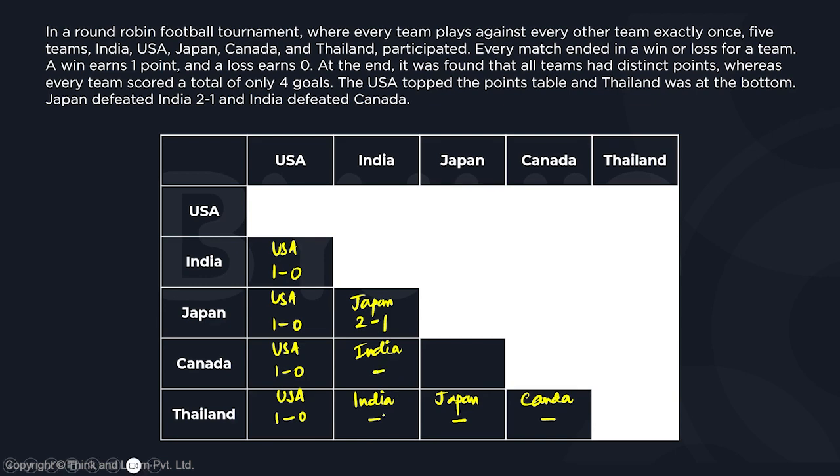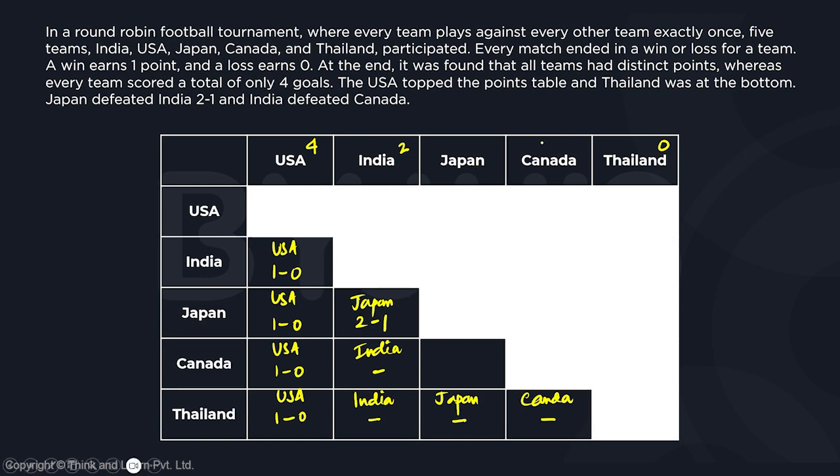By how many goals? No idea. So right now, USA is the team that has won 4. Thailand is the team which has won 0. If you look at India, India is the team that has won 2. So that means 1 out of Japan and Canada has to win 3 and the other one has to win